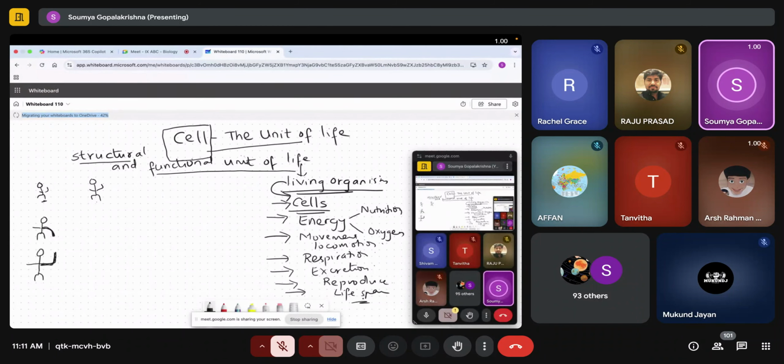Every organism has got a certain lifespan. There is no organism which you can call immortal. There is no death at all, right? Every organism has got a lifespan. A single celled organism also has a lifespan, and multicellular organisms also. Now, if we talk about humans, we say the average is about 100 years. There are people who are living above 100 years. There are people who have died before 100 years.